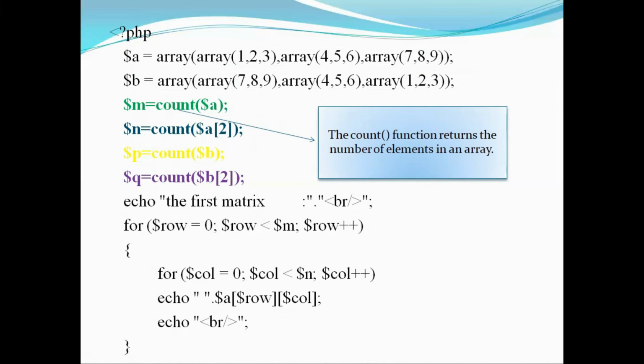What is the reason for taking these four variables? As we already know from the question, here we need to perform the addition of two matrices, multiplication as well as the transpose of a matrix. For that reason, we need to have the count of rows as well as the columns, that is the numbers which are present in the respective arrays. For that reason, we are taking here m and n indicating the number of rows and columns in array A, as well as p and q indicating the number of rows and columns in array B.